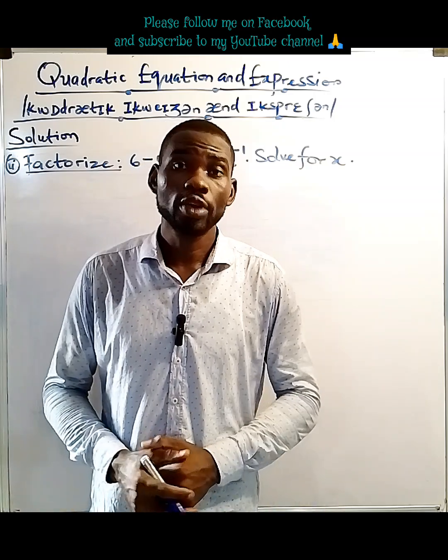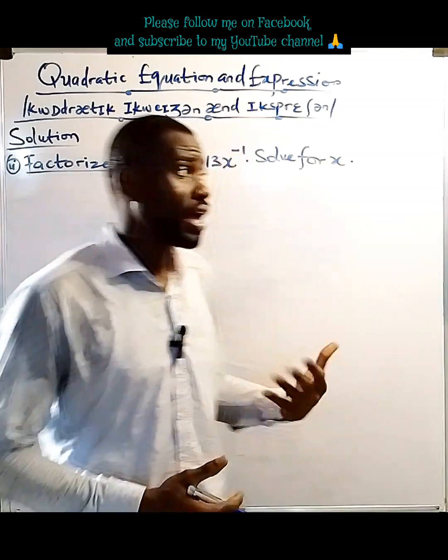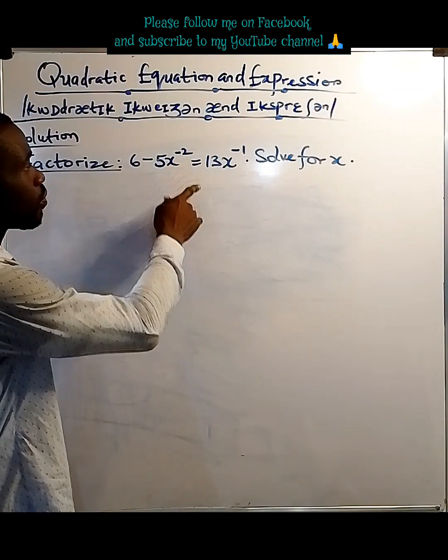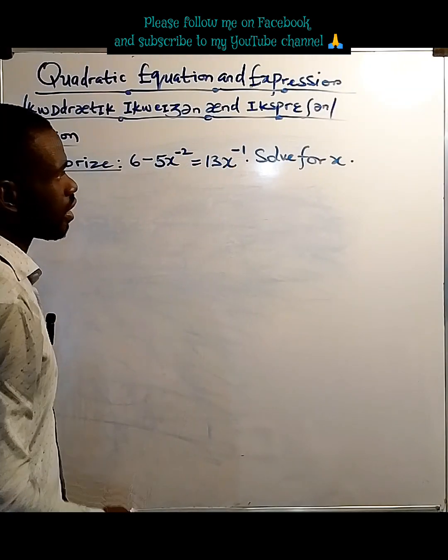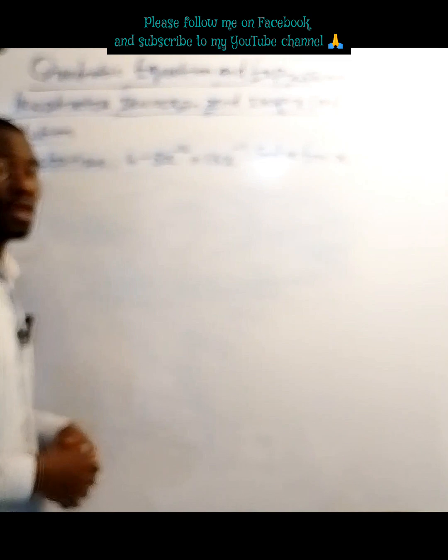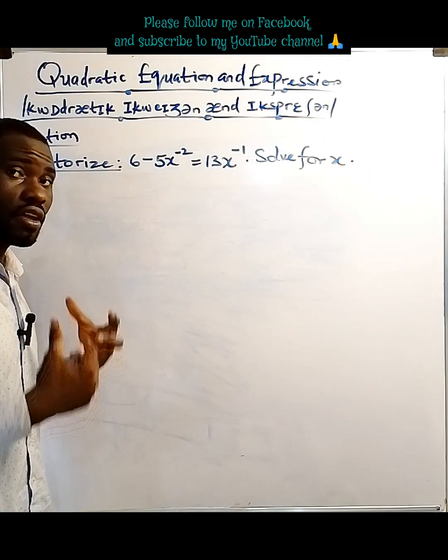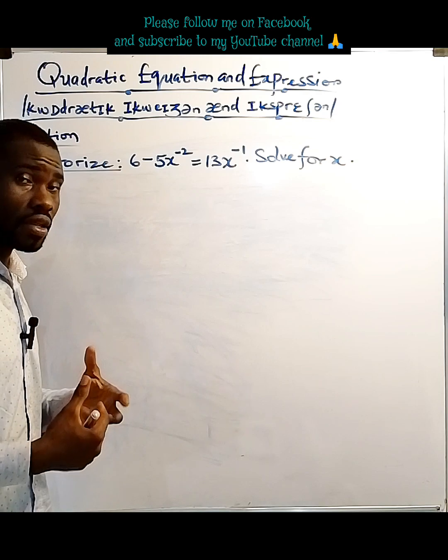Okay, let's look at the second question we're given as a take home. Now we're asked to factorize 6 minus 5x raised to minus 2 equals 13x raised to minus 1, and also to solve for the values of x. Now don't forget the fact that it was said that if a given equation is really quadratic,